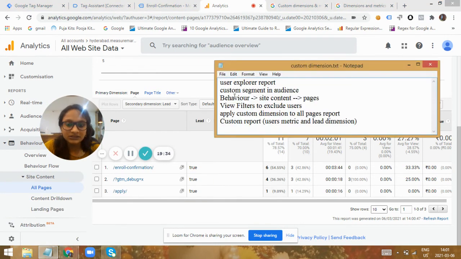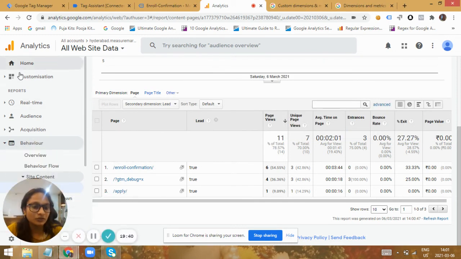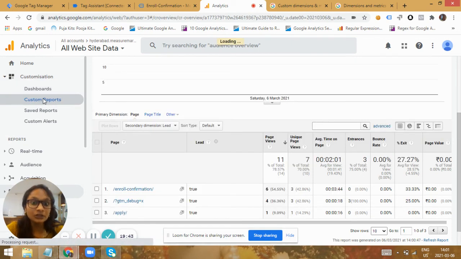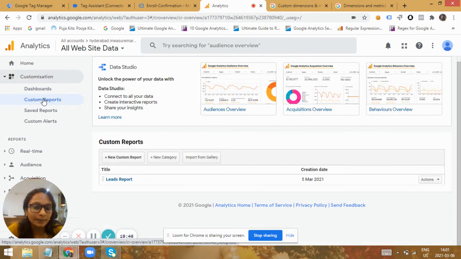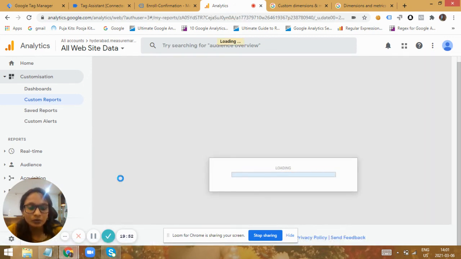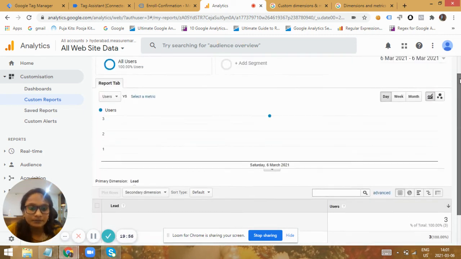And there are also some other places where you could use this. You can also create a custom report based on these custom dimensions that could be more clear and more apt to our particular business as compared to the standard reports. See, I have created a custom report called leads report, only relevant to those leads.